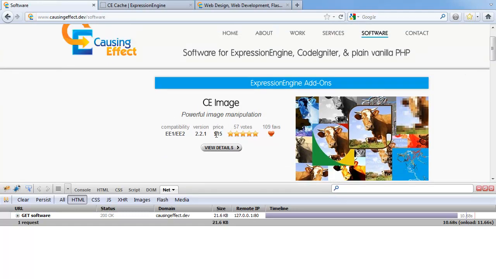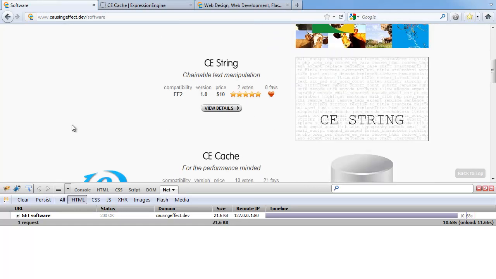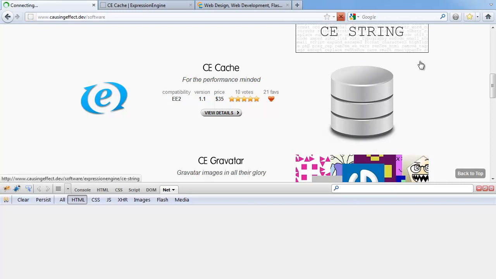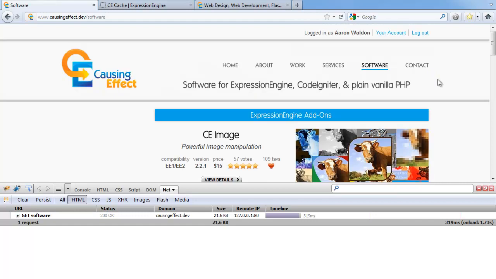It's pulling in the price from the cart module I'm using. It is displaying some data from the channel, and it's also scraping Devot-ee pages for the vote and favorite counts for these different add-ons. So like I said, there's really just a lot going on in this page, and this page took 10.68 seconds to load, so almost 11 seconds. Now if we refresh the page, it took 319 milliseconds, so about a third of a second to load